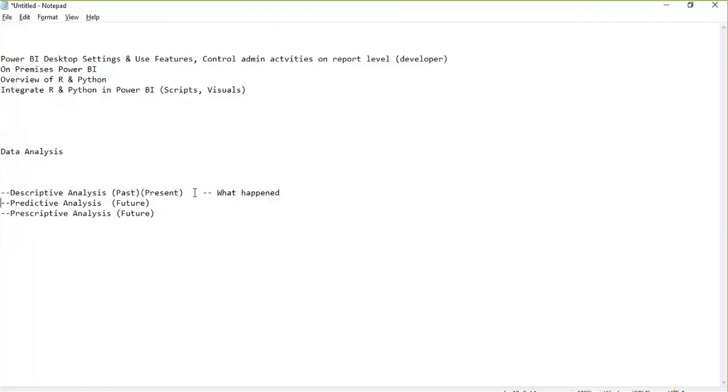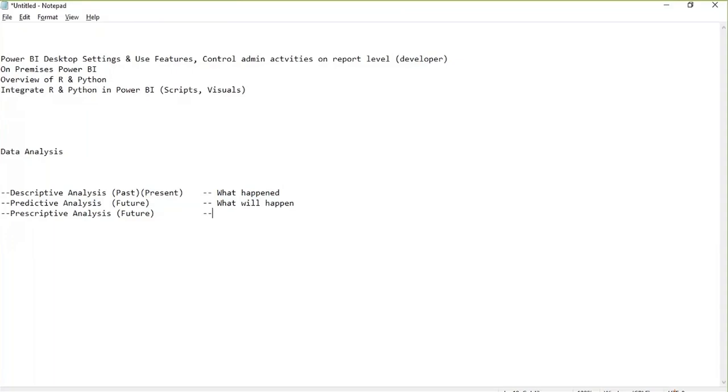In predictive analysis, our focus area is what will happen: how our sales or our employee satisfaction ratio will grow, how our profit will grow, how much percentage, what would be the percentage ratio of the growth, right? So that is predictive analysis. The next is prescriptive.